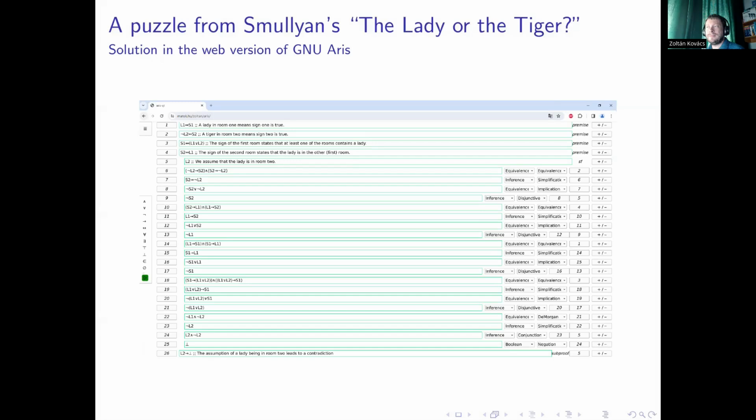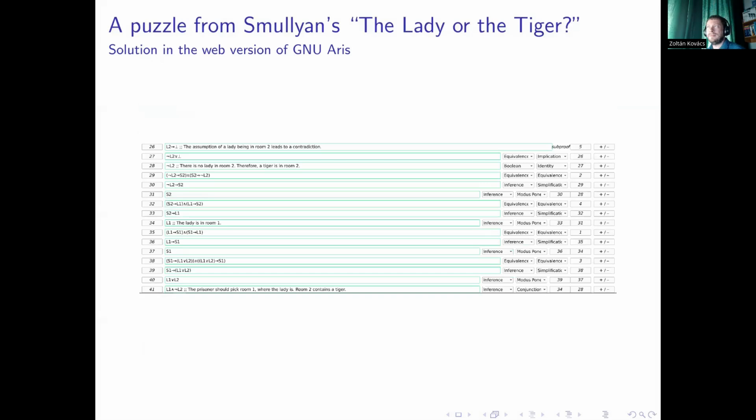With the rules of the trial, I deduced that the assumption leads to a negation of sign 1, which means there is no lady in any of the rooms. This leads to a contradiction with the assumption that there is a lady in room 2. This figure shows how I used that contradiction, which indicates that a tiger must be in room 2. With that information, I deduced that the sign of room 2 is true, and therefore a lady has to be